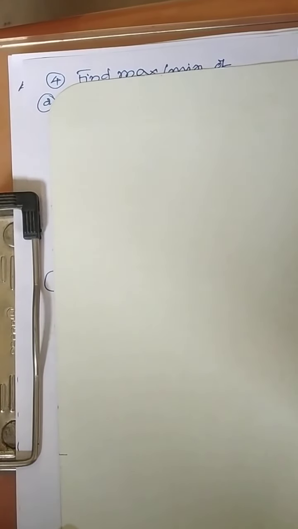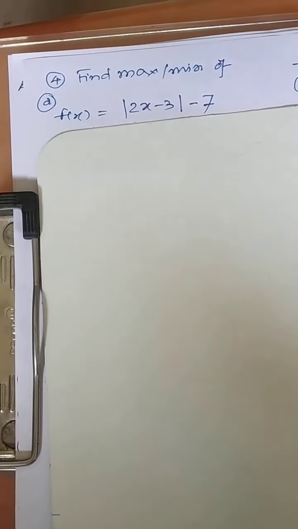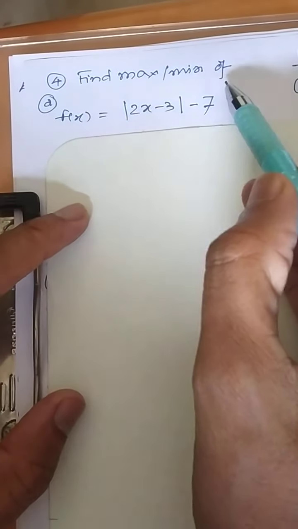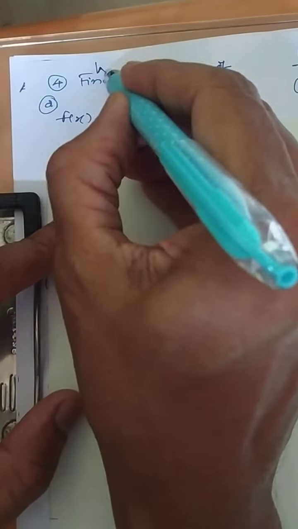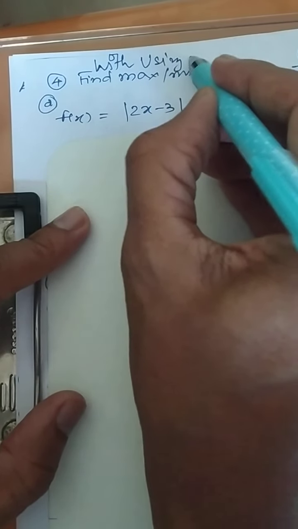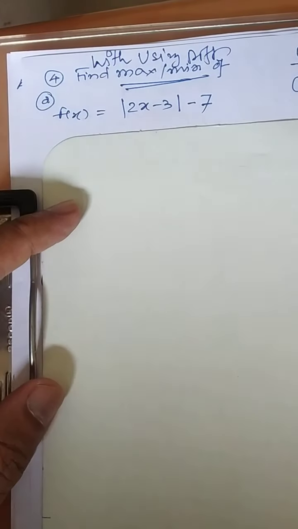Look now. Find the maximum and minimum value of the function. But this time the function is given in this form, and we have learned that differentiation of modulus functions is not possible. You cannot differentiate the function. Then the question arises how to answer the question. The approach will be that this question can be framed in another way: without using differential calculus, can you answer maxima and minima? The answer to this question is yes.